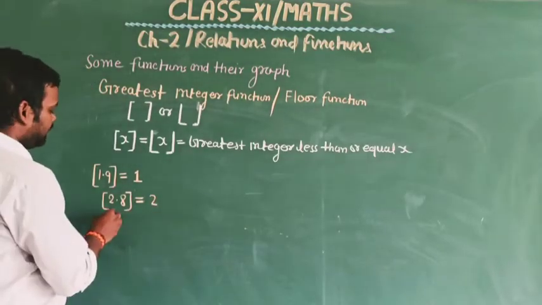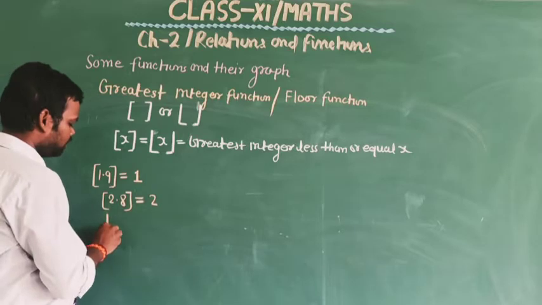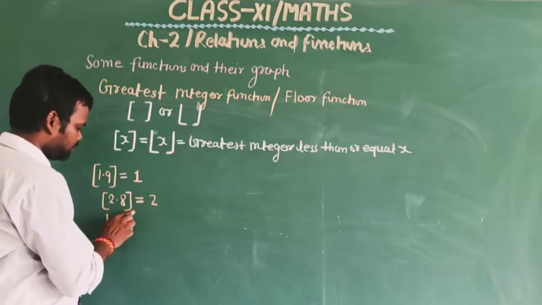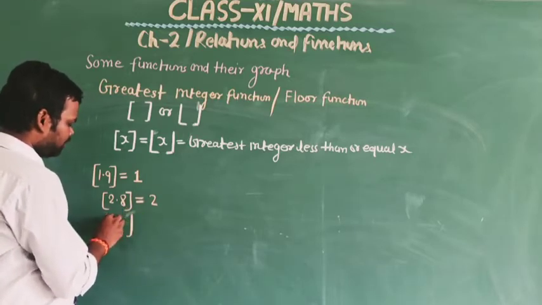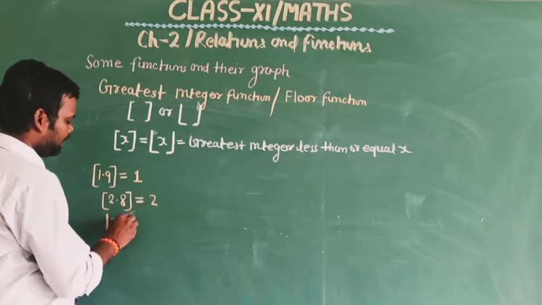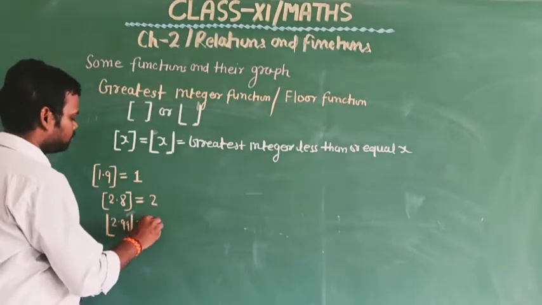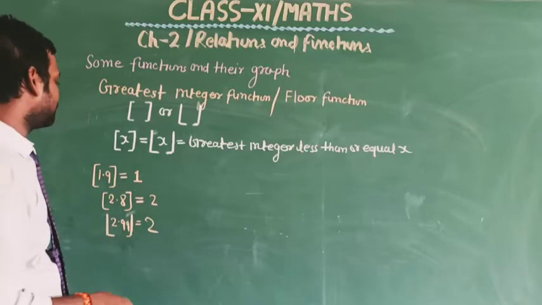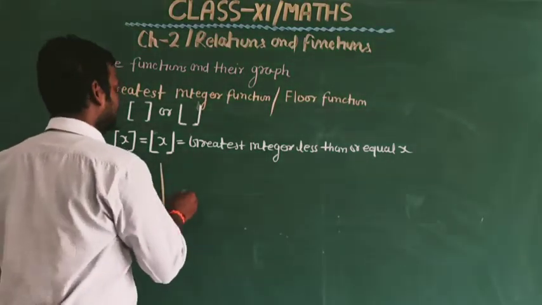Clear? And many more. We see many more examples like 2.99. So this is equal to 2. Okay, and also